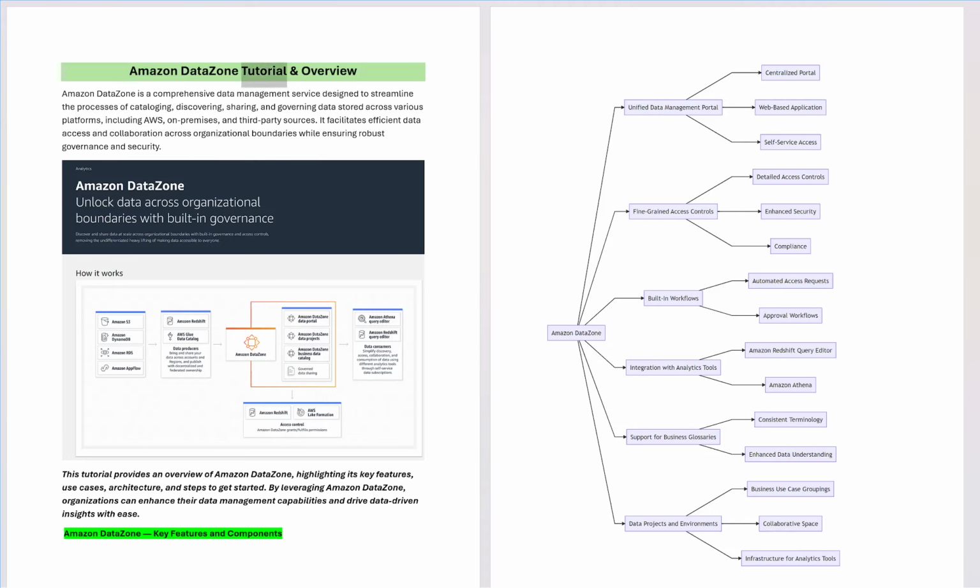Amazon DataZone Tutorial and Overview. Amazon DataZone is a comprehensive data management service designed to streamline the processes of cataloging, discovering, sharing, and governing data